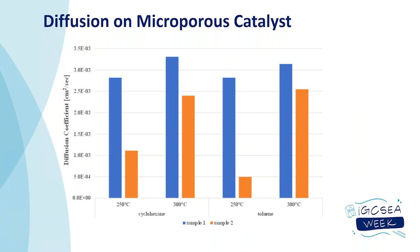So you can see the 2 different samples. Blue is sample 1 and orange is sample 2. And the 2 probes, cyclohexane and toluene, at 2 different temperatures. You can see that the blue blocks, so on sample 1, the diffusion coefficients of the 2 different probes at the 2 different temperatures don't change much with the temperature, but on sample 2, the temperature has a significant effect on the diffusion coefficients in case of both probes, so in case of cyclohexane and toluene as